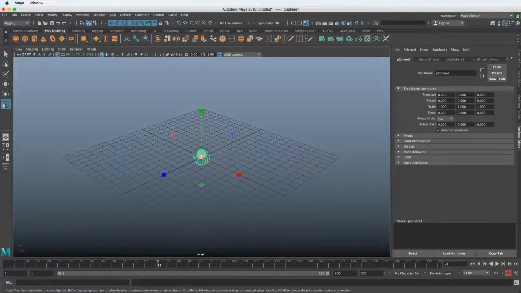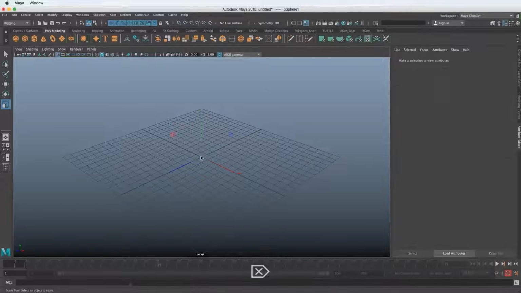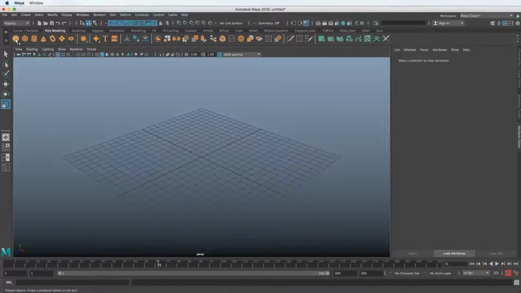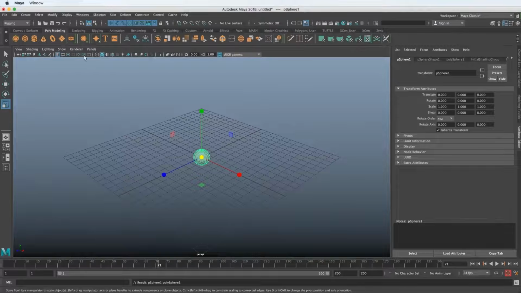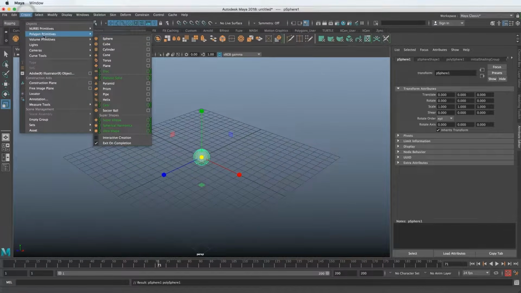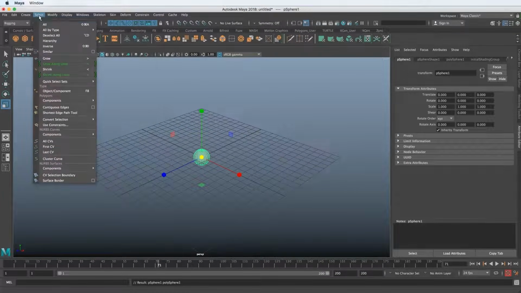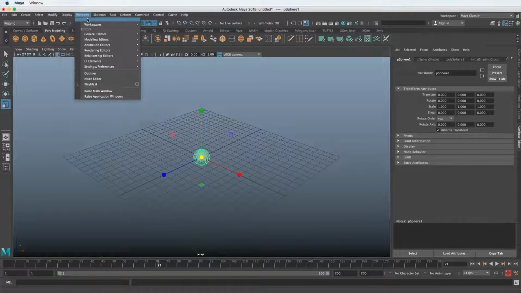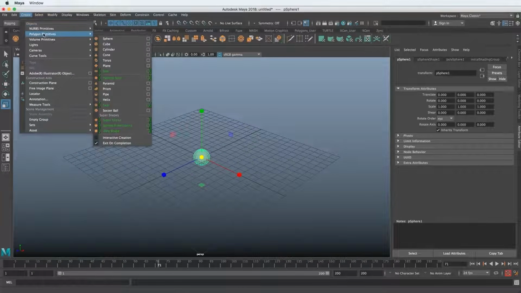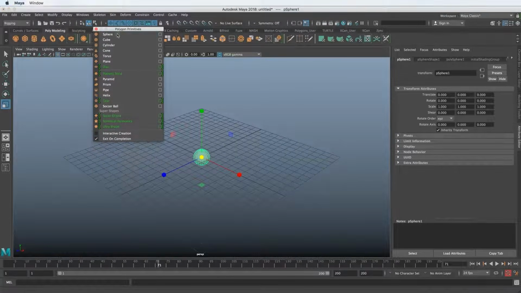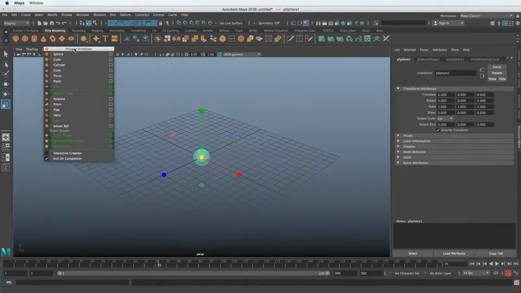From the previous lesson, I still have the sphere here. If you don't have that, I can just delete that, and we can go up here to this polygon sphere and click that. You can also get to it by going to Create, Polygon Primitives, and Sphere. One other thing that's kind of fun with these menus is you can actually tear them off. If I hover my mouse just above this, most of these menus have this little option here. So if I knew I was going to make a lot of primitives, a lot of spheres, just as an example, I can click that and I'll have this menu torn off.